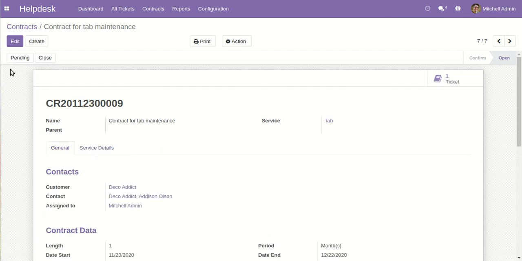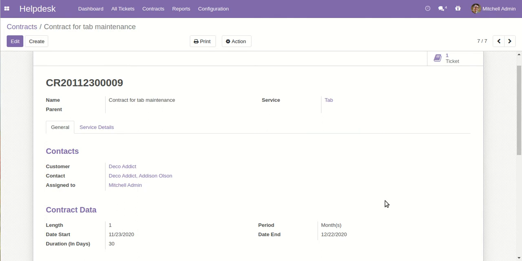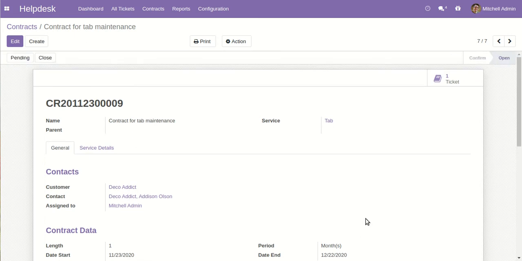We have also provided some buttons over here, so that you can create a contract and make this contract open stage. We have also provided automated schedulers, so that when a particular end date comes, the system will automatically check the durations, and on the basis of that, the system will automatically close those particular contracts for the relevant customers.